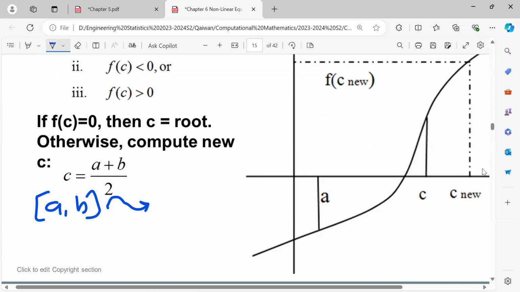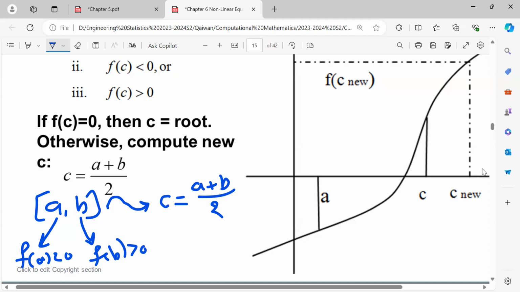First, we have to find C, which is the midpoint of AB. We say C is A plus B divided by 2. But here we already checked this. Let's say f of A is less than 0. As we said in the first step, we need to use the intermediate value theorem to check if we have a solution in it or not. We already know their signs. Let f of A be less than 0 and f of B be